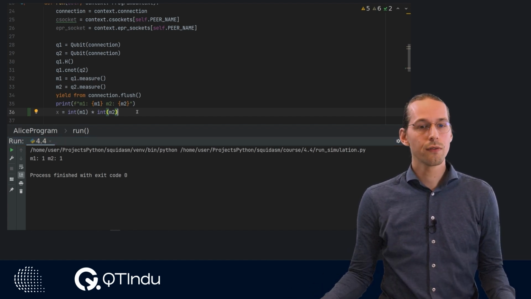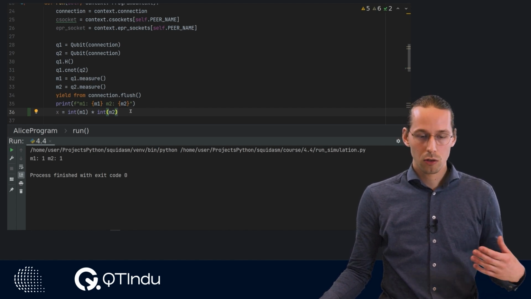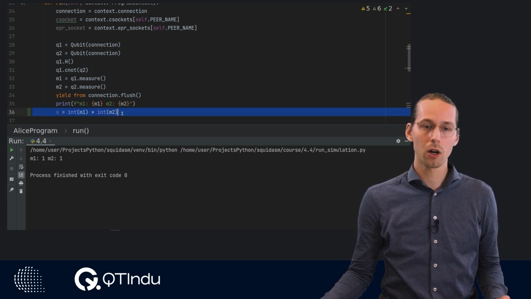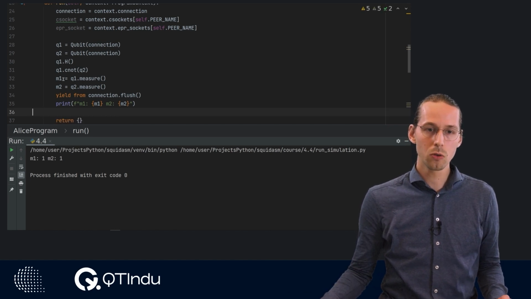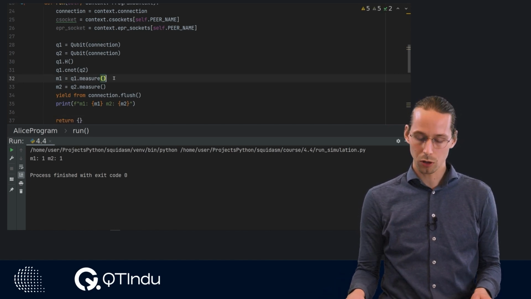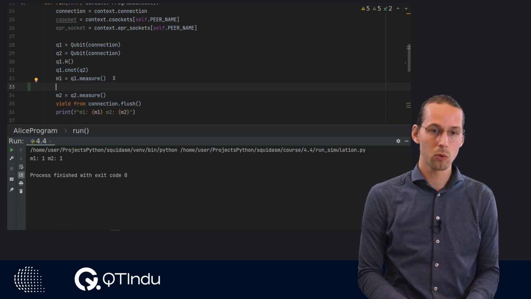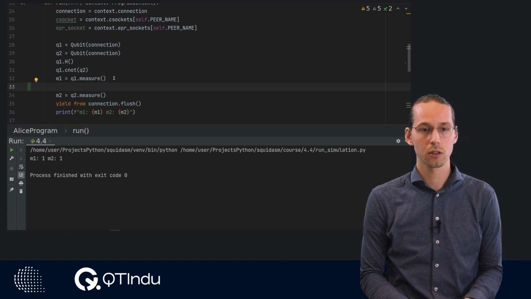There is another issue we face with the measurement results being future type objects and not occurring until we do the connection.flush. Namely, suppose that we want to condition our code on our measurement result. So suppose we want to apply an X-gate to the second qubit before we measure it, depending on the value of the first measurement.